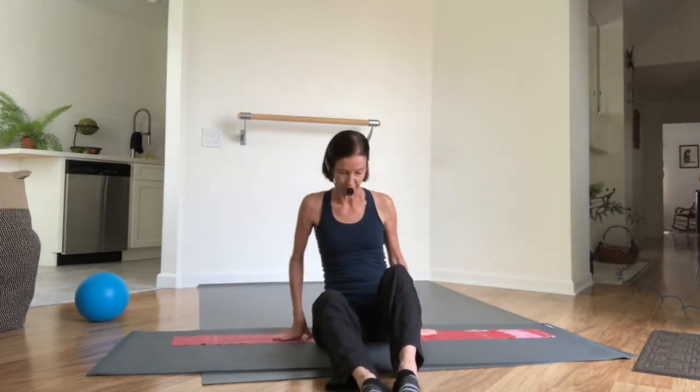I've got my band kind of draped horizontally across my mat as we normally do. And we're going to come into our favorite neutral sitting position as we get started with our pre-warm-up. Okay? So as always, arms and hands just very relaxed on your thighs, on your knees, or on your shins. Take a moment just to close your eyes and tune your attention inward as we begin our little meditative body